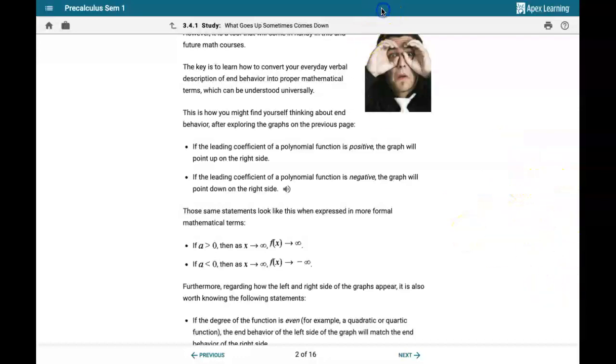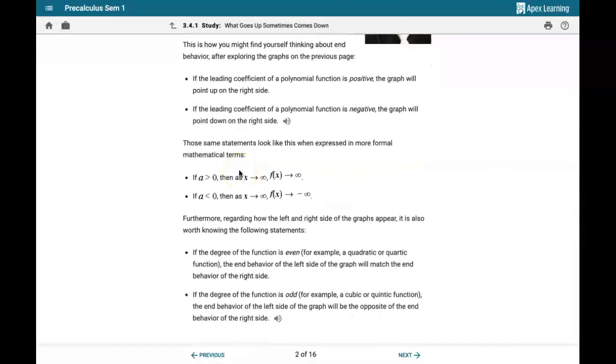Furthermore, knowing the left and the right hand sides is also important, and knowing how those are going to be in relation to each other. So again, if the degree of the function is even, we're talking about x squared, to the 4th, to the 6th, and so on, they're going to have the same end behaviors. So if